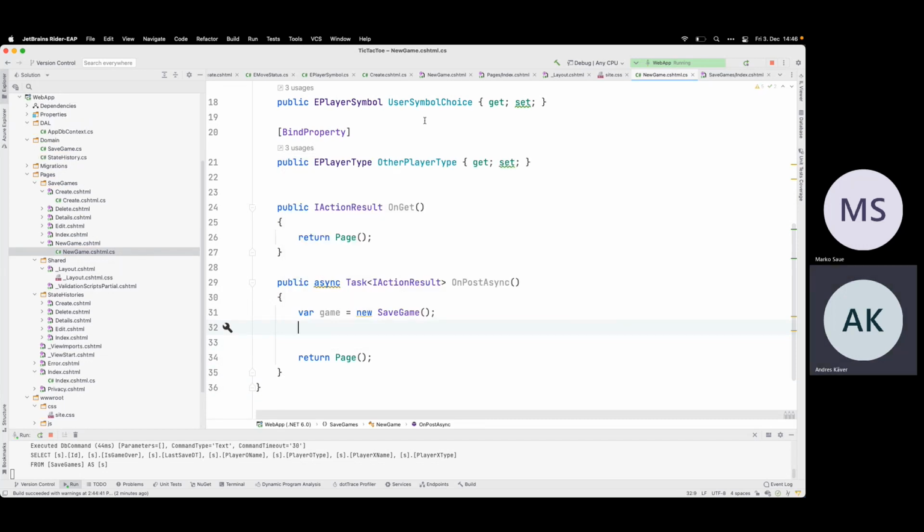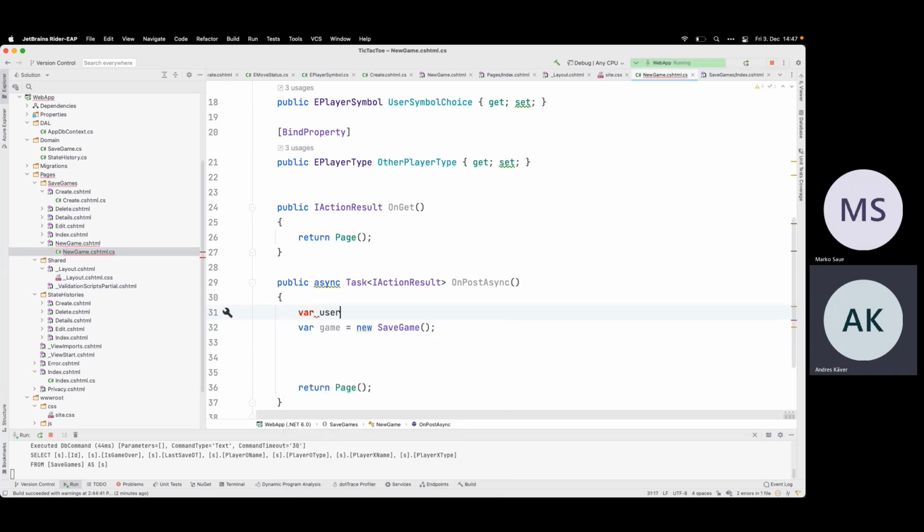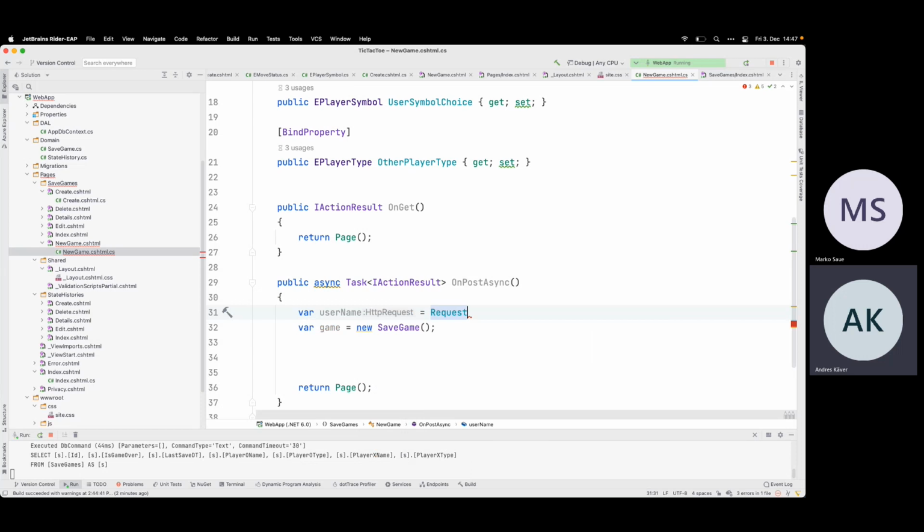So depending on what the user symbol choice was. And I also need first this var username equals request cookies. So now I have the username.